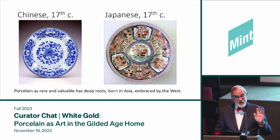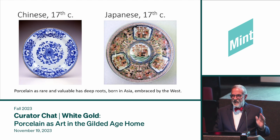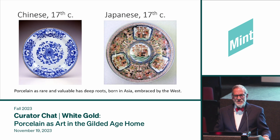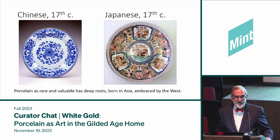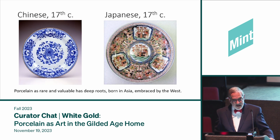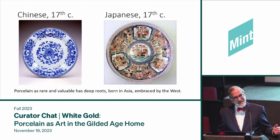Porcelain, let's say porcelain, because these are both porcelains. I'm not going to get too far off the road from porcelain, which is a different kind of ceramics, and I can't give you that lecture, but it is a separate lecture. That porcelain is a magical material that is only known in the East, in the Far East, until the early 18th century. And on the left you have a great Chinese charger made for the Dutch market